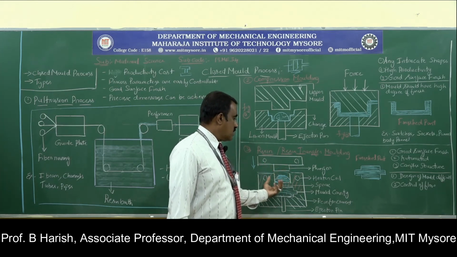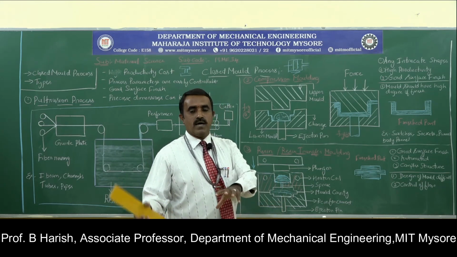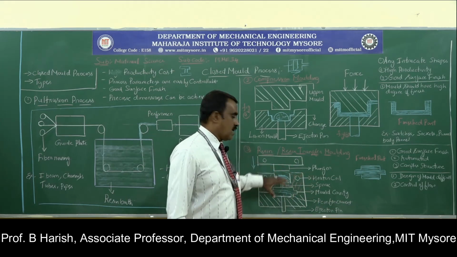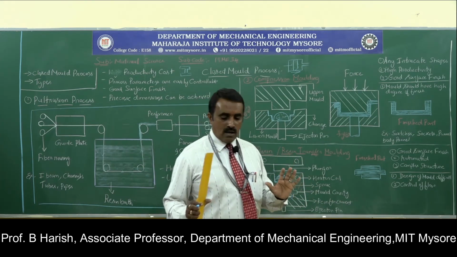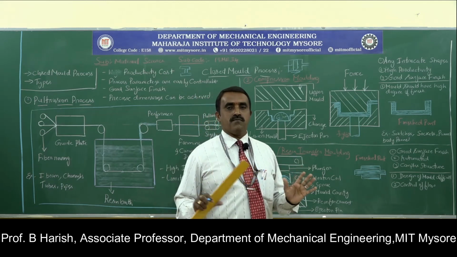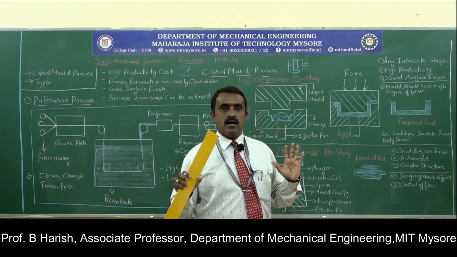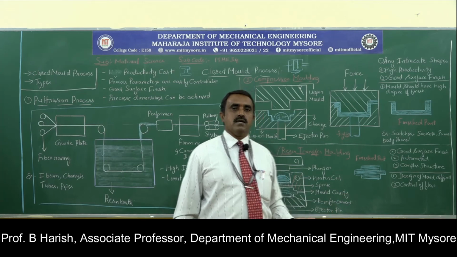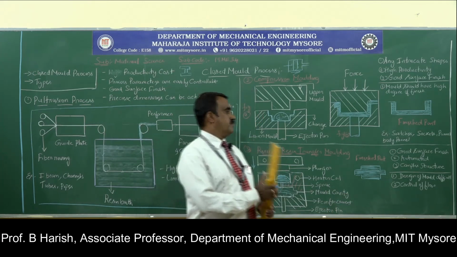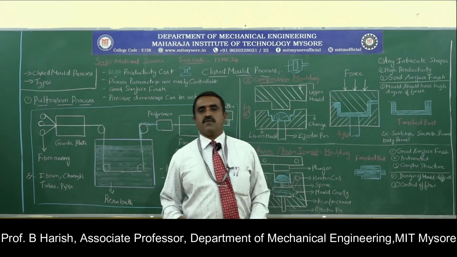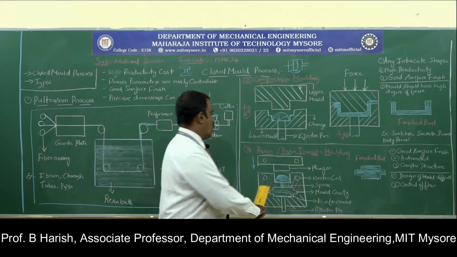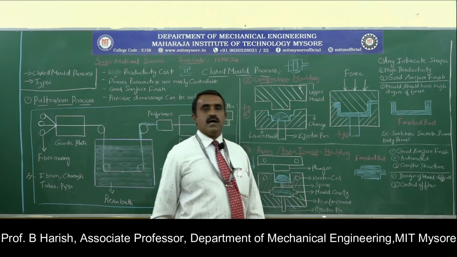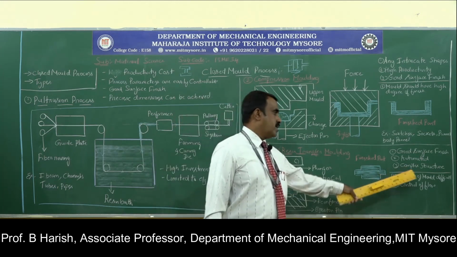We can also have a mechanism where the matrix can be picked and placed in the cavity region. Like this we can think of an automated system. Once it is automated, high production can be achieved, and when high production is achieved, the manufacturing cost can be reduced. Then complex structures can be manufactured. If you prepare the cavity of the required shape, I can get any complex structure.